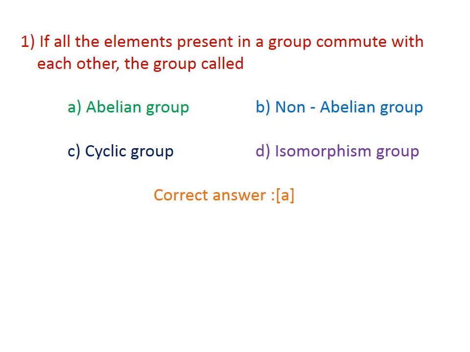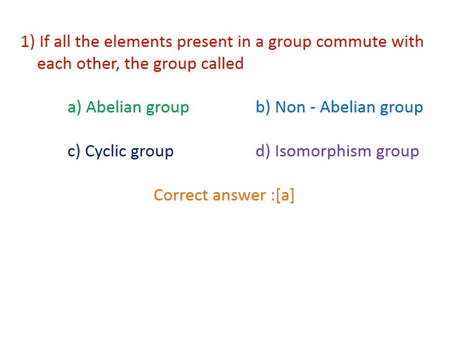Welcome to this program. Today we are going to discuss the answer key for the online test 11, group theory and application of spectroscopy. It is a very lengthy unit, so we divide the unit into two parts. Part 1 consists of group theory and part 2 consists of spectroscopy. And we are going to now discuss the 50 questions in part A regarding group theory and one or two